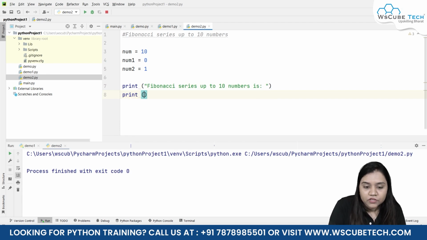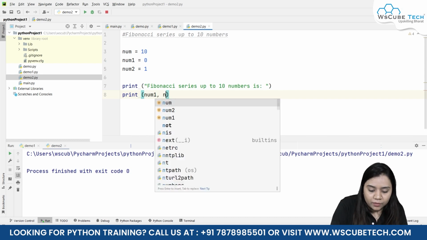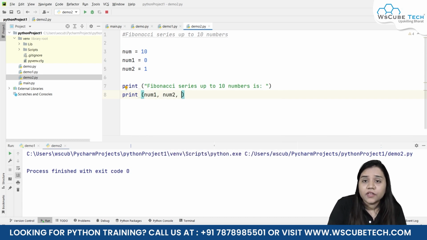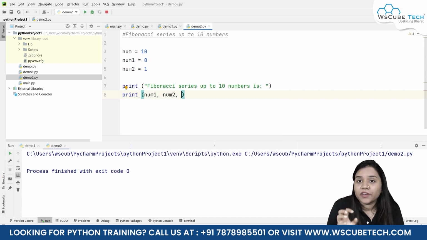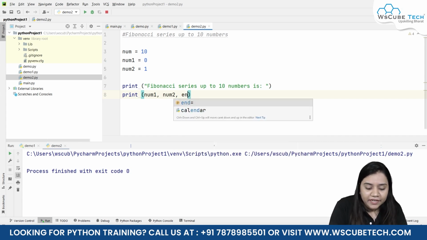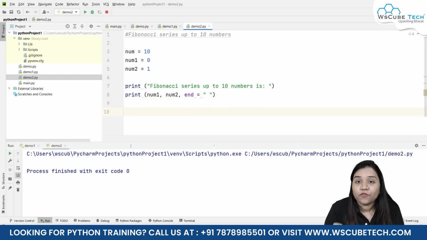As we know that the first 2 values are number 1 and number 2, so I'll be writing number 1, comma, number 2, comma. Now I want the next value to come in this same line, so I'll be writing end is equals to open close the quotations. Now here our for loop will start. We will be using the for loop for obtaining the rest of the Fibonacci series. How we will be using for